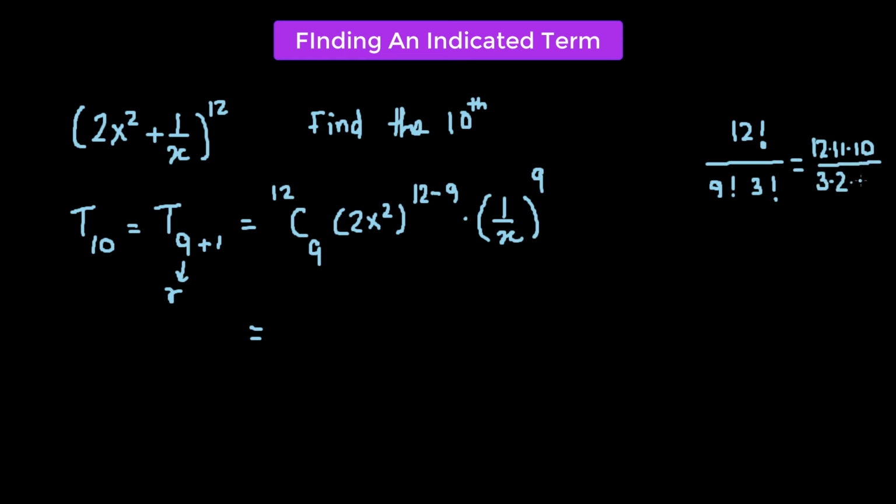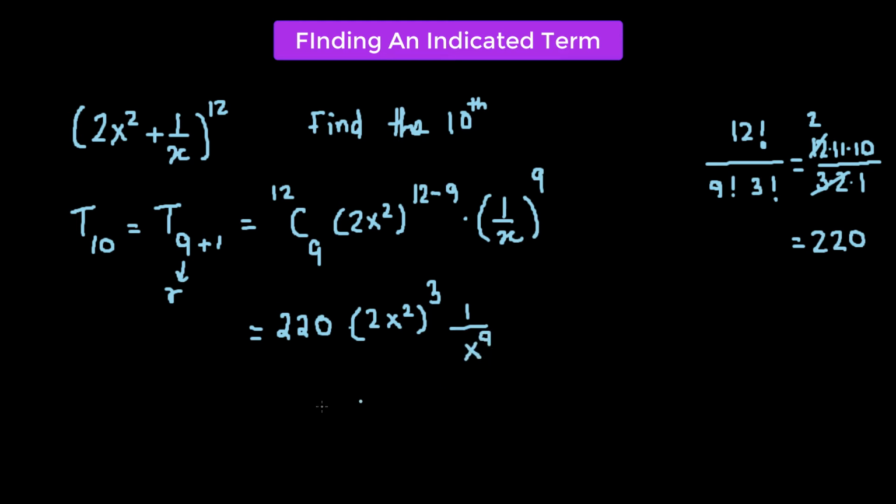So we have 3, 2, 1. 3 times 2 is 6. 6 times 2 is 12. So 2 times 12 is 22. So this is going to be 220. So 220. And we have 2x squared raised to the power of 3 and 1 over x raised to the